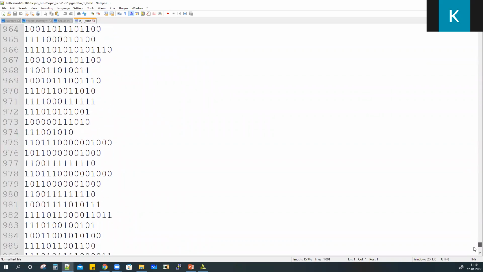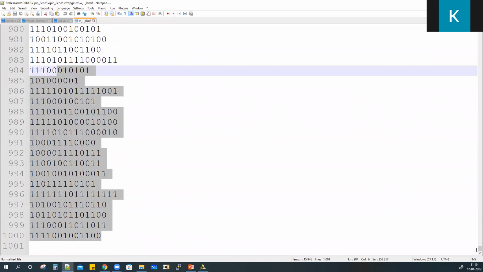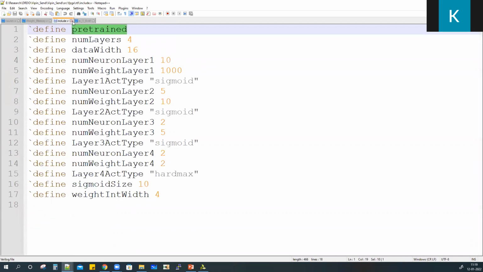Here you will see there are 1,000 entries, because in this include file, I'm saying that the neurons in my first layer have 1,000 inputs.